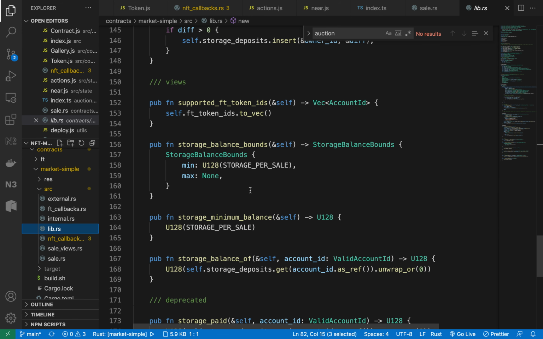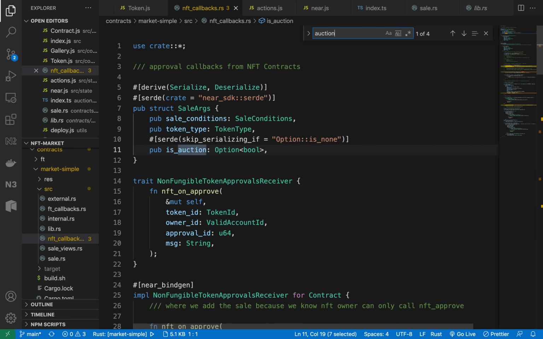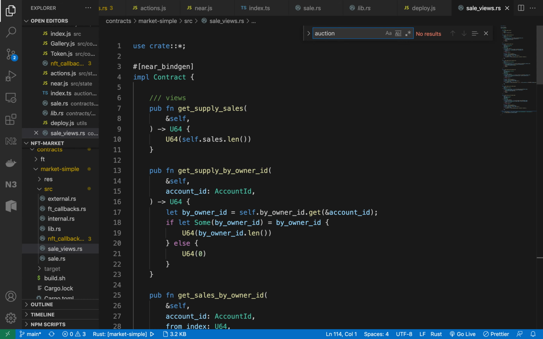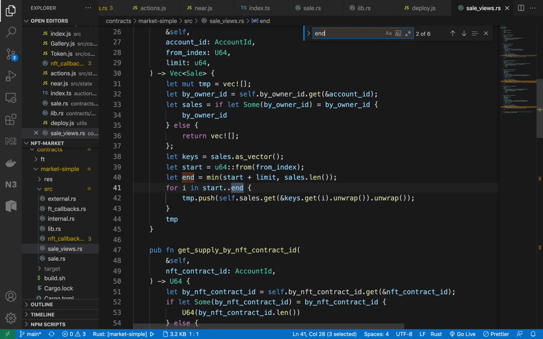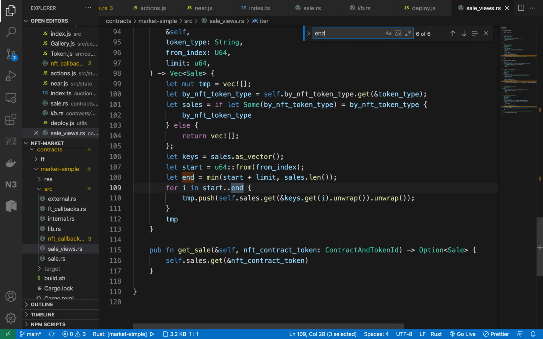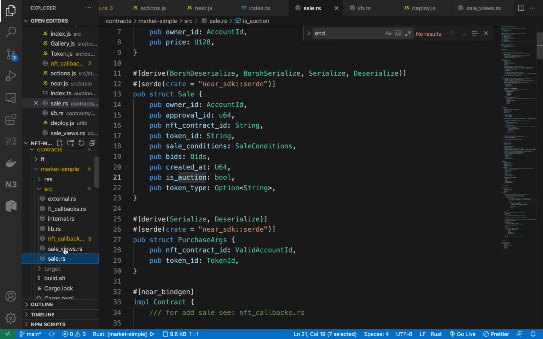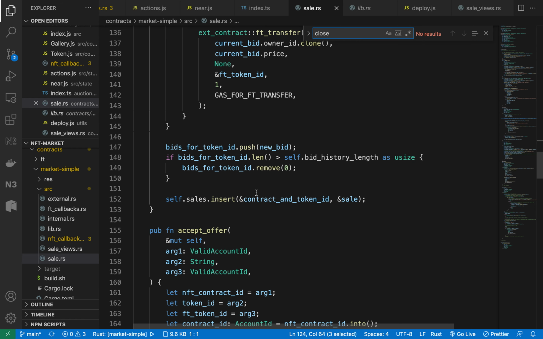Manage deposit, storage, withdraw. Okay, let me search for that.